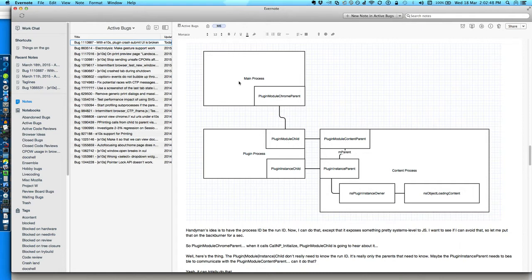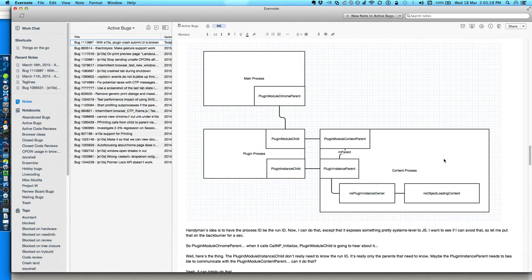So when the main process says, I've looked at some crash IDs, okay, content process, tell everybody that a bunch of your plugins crashed with this run ID. The way I do that is the content process is able to walk through every instance of every plugin and ask it for their run IDs. I've exposed the run ID on the nsIObjectLoadingContent interface so that our Chrome code can examine every plugin and say, do you have a matching run ID? And the answer is hopefully yes for the ones that match,